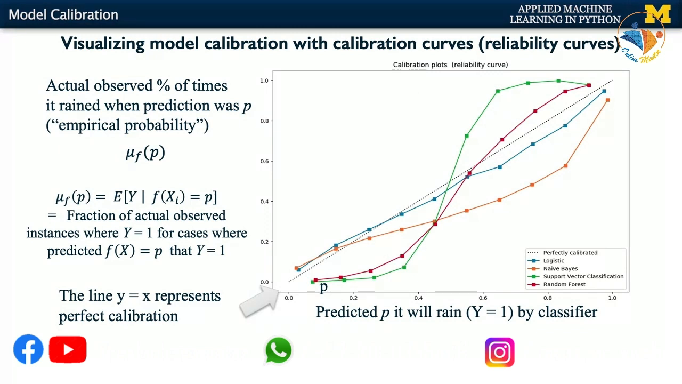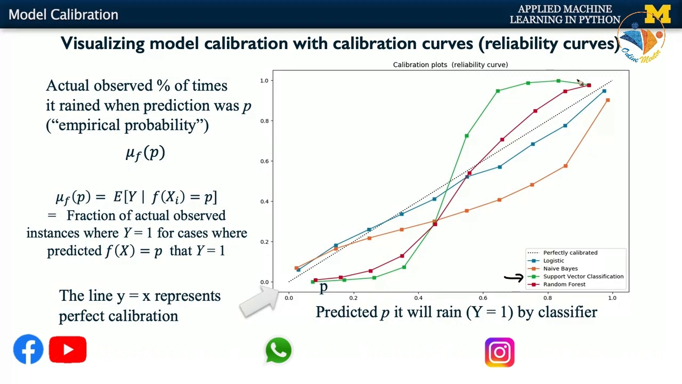So when we plot the predicted probability against the empirical probability, a perfectly calibrated classifier would give a calibration curve that was exactly a straight line along y equals x. And the less calibrated a classifier is, the more it will deviate from that line y equals x. So a classifier in this case, like a support vector machine,